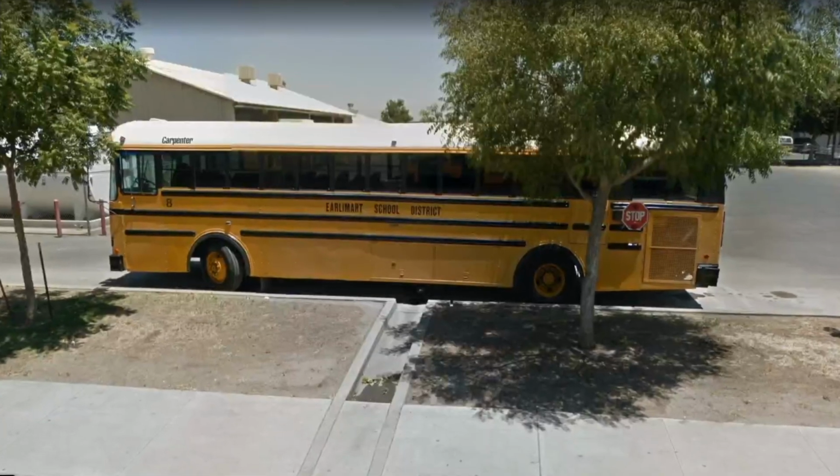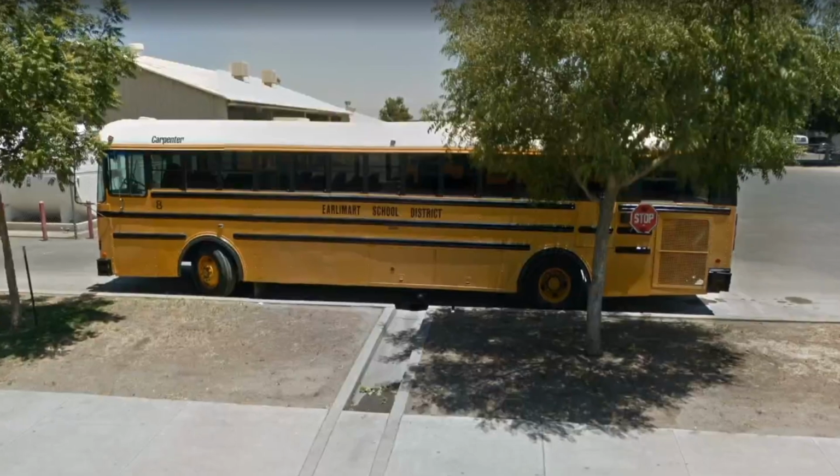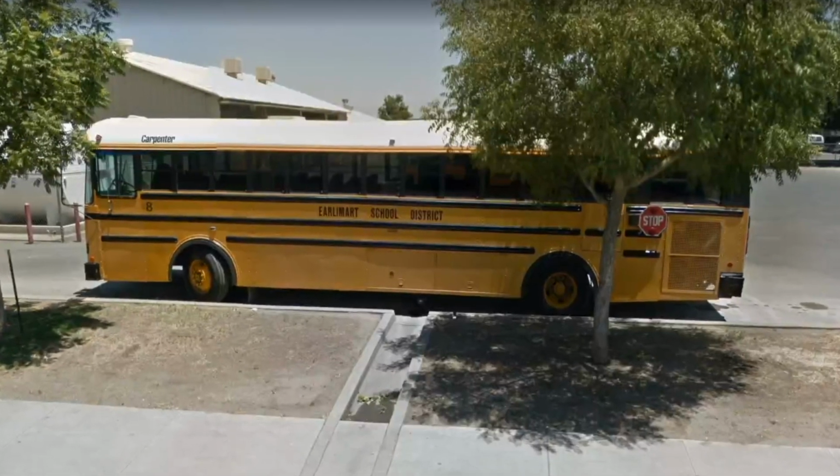This bus also happens to have one of my favorite specs, tinted windows and black window posts. I think that this really completes the look for this bus. And yeah, so when I saw that, I just really wanted to share that with y'all. So let's finish taking a look at the rest of the lot from this time, and we'll wrap it up